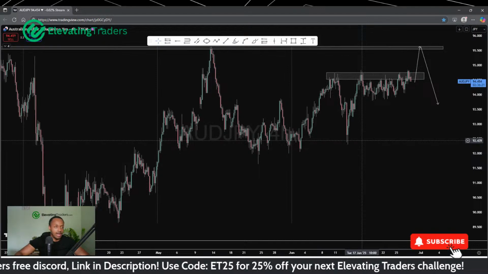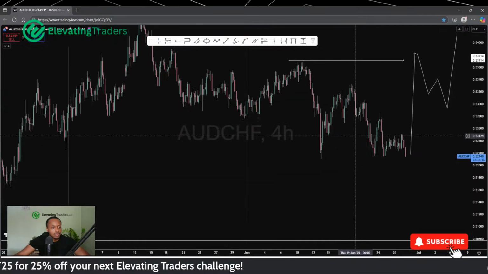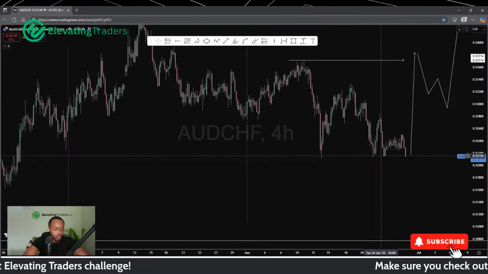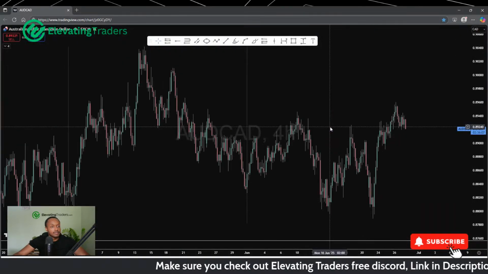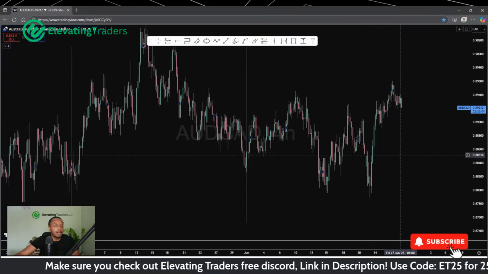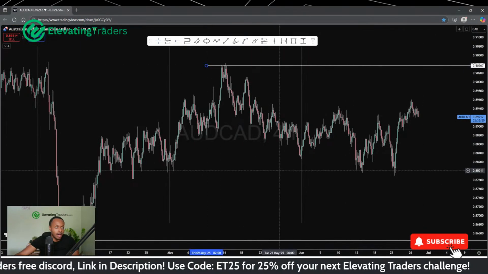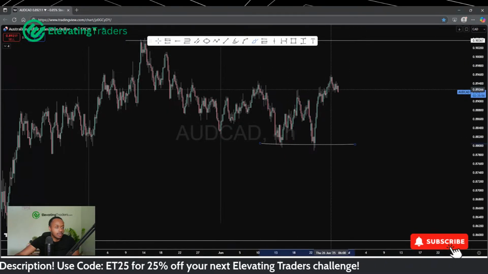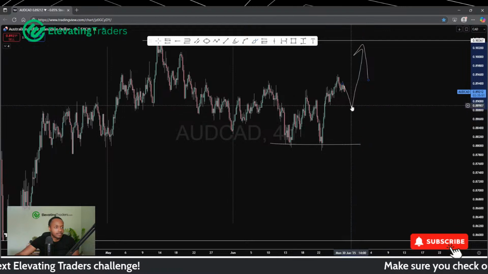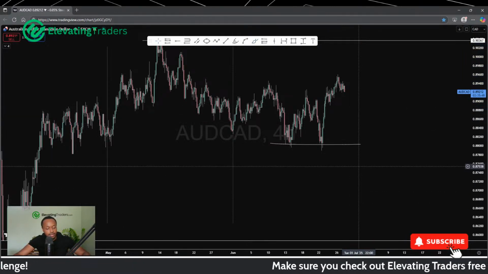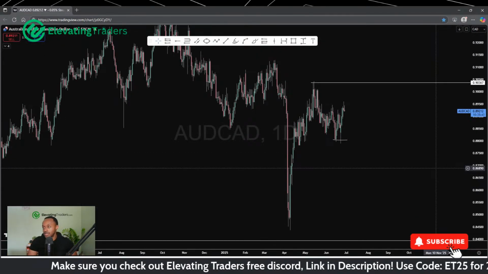I mean, that one's pretty flat, so I'm not going to pay much attention to that. Aussie CHF is pushing down, so it does look like Aussie's quite weak at the moment. I think CHF strength is helping up there as well. And Aussie CAD pushing down slightly too. I do expect to see Aussie CAD rally back to highs. The way we bottomed out here, I'm kind of looking at something like this to happen. But it's a very, very corrective pair, and I don't really have a clear-cut level to buy from, so not too interested with the entries at the moment.